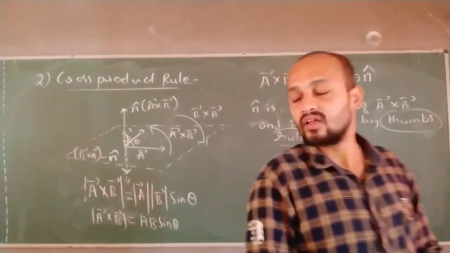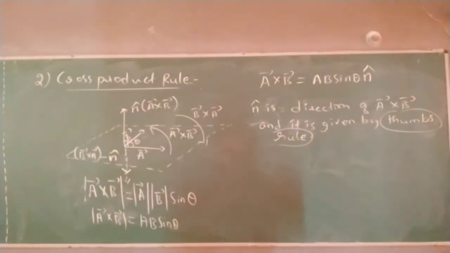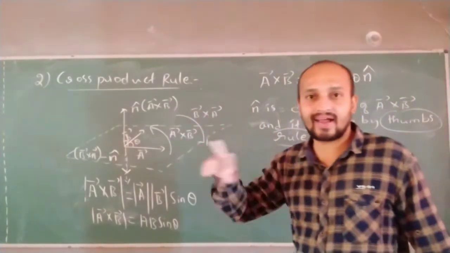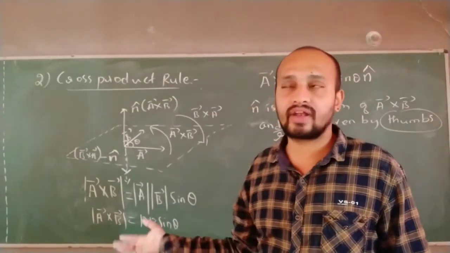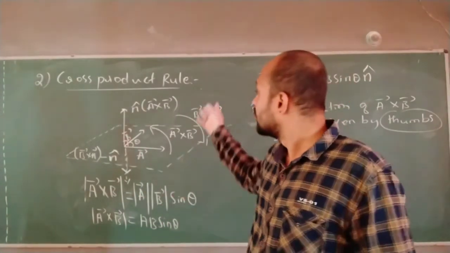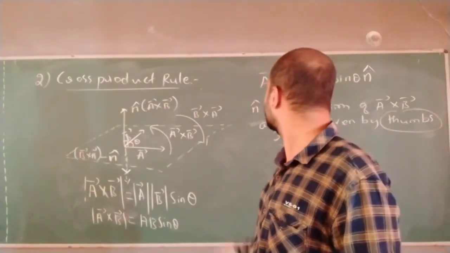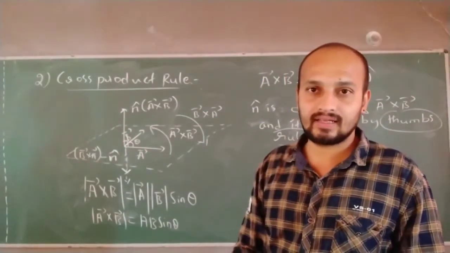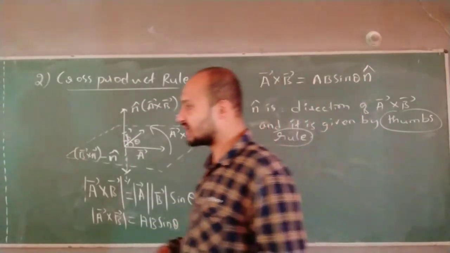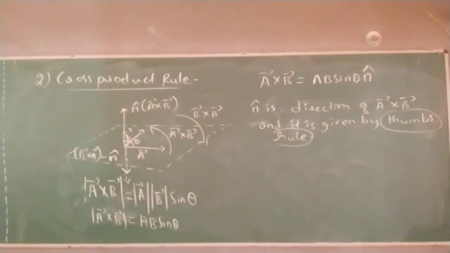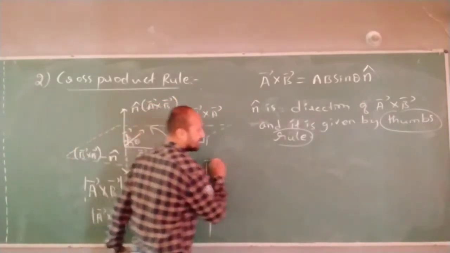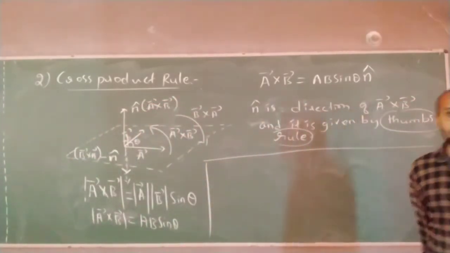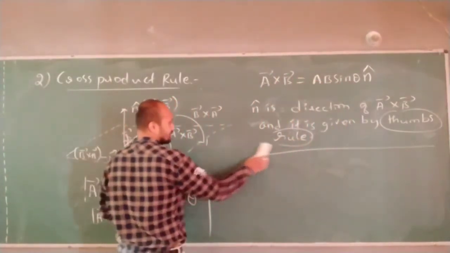Are you understanding this? So, this is about vectors. Two things you have learned. In the dot product, if you multiply two vectors, you were getting a scalar quantity. Here, if you make a cross product of two vectors, you are getting a vector quantity. Correct? That is one thing. What exactly is a dot product? I will explain this here. Every statement is important, and I will try to explain it. See here.